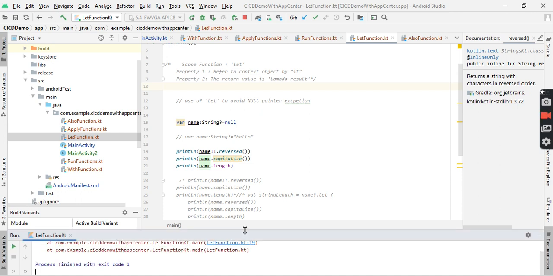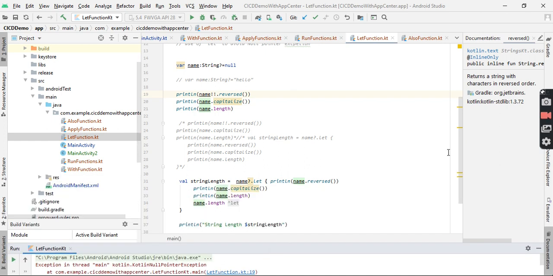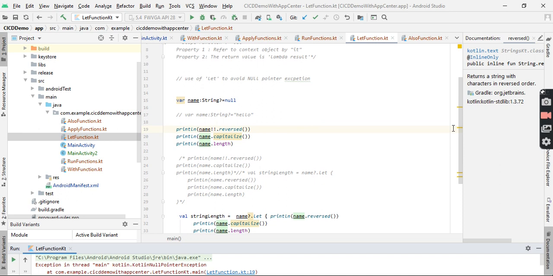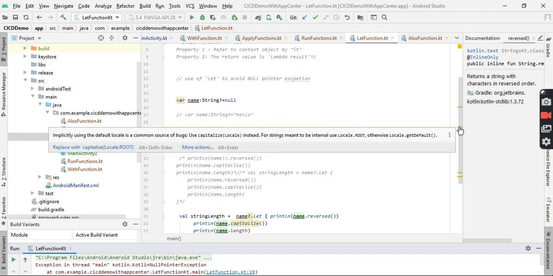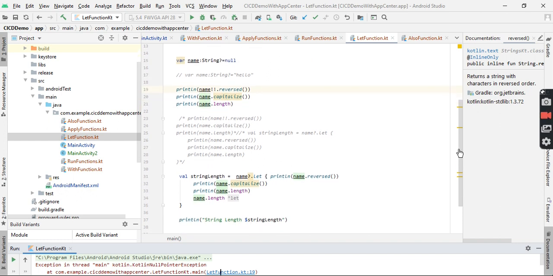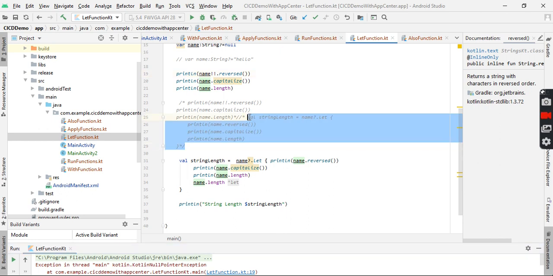So we see that it has thrown the null pointer exception. Null pointer exception is a nightmare for developers in the Java programming language, but these higher order functions make our life easier. So suppose I have uncommented this.